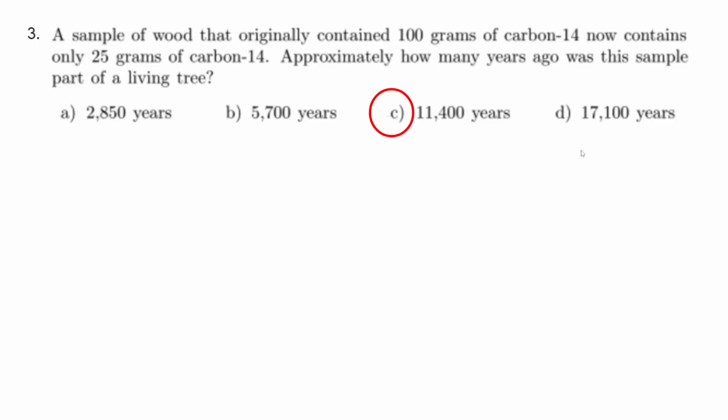Hey guys, so in this video, we're going over the answers to questions 3, 4, 5, and 6 in your absolute dating practice worksheet. So, question 3 is asking a sample of wood that originally contained 100 grams of carbon 14